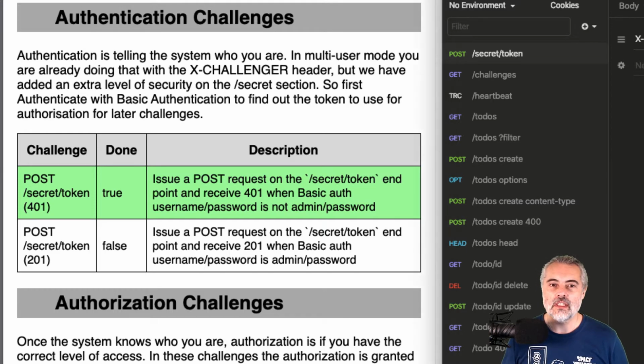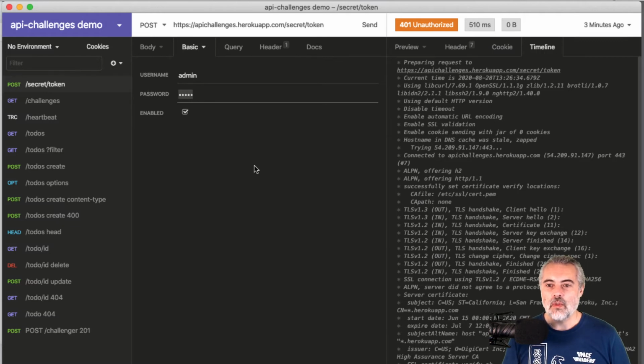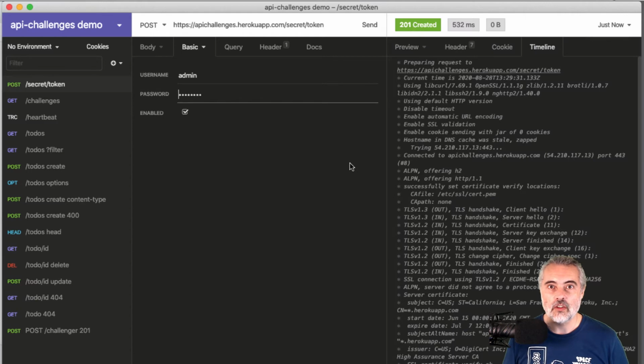So I'm going to use the request that I set up for the previous challenge because that was a POST to the secret token endpoint, but that was sending the incorrect admin password. So all I have to do, leaving the X-Challenger header as it is, is POST to the correct endpoint. I'll change the basic authorization header so that this is using the password admin password. And if I send that request, we should see that I've now created the secret token, and the secret